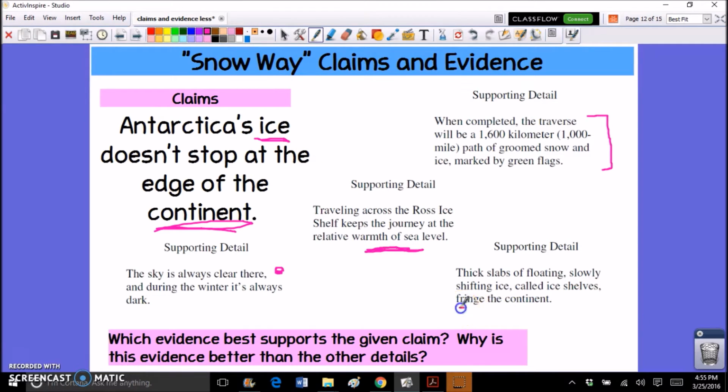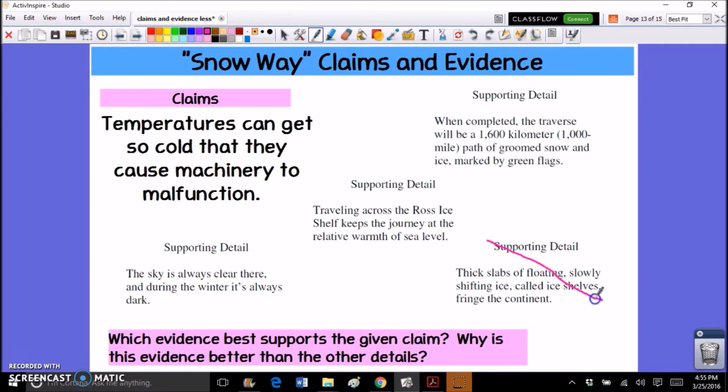But here, this detail uses the word fringing the continent. And that phrase is about the edge of something, and that matches the claim. So for this particular claim, this is going to be the strongest supporting detail. All right, so next,